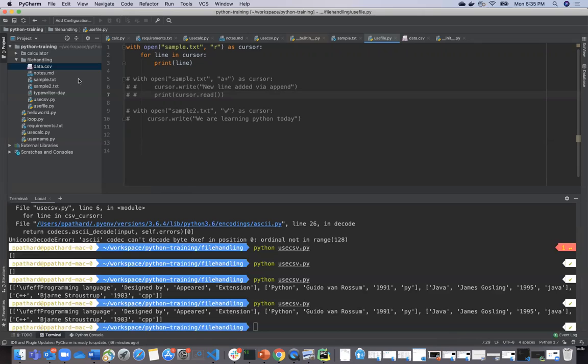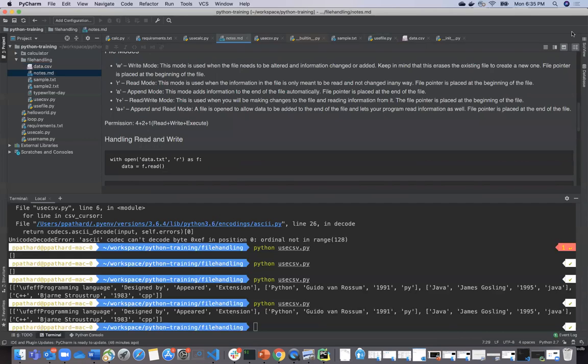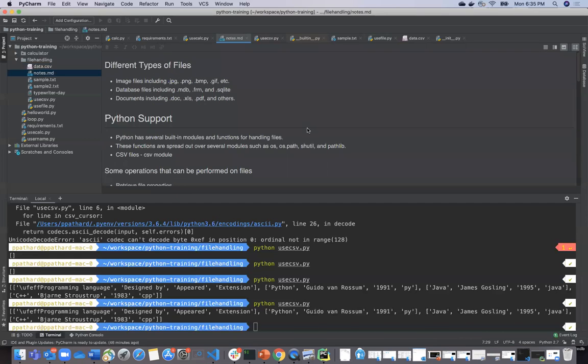So any questions so far here? Any question here? I'll share this code with you so that you can try.